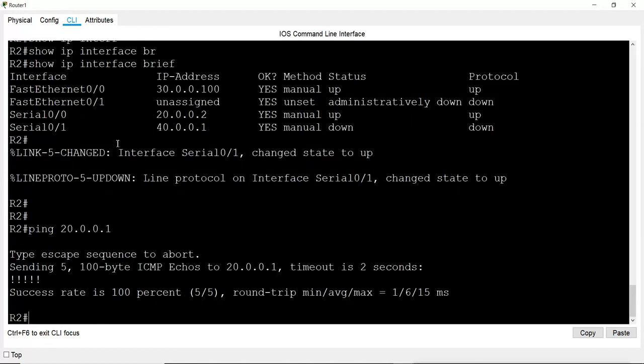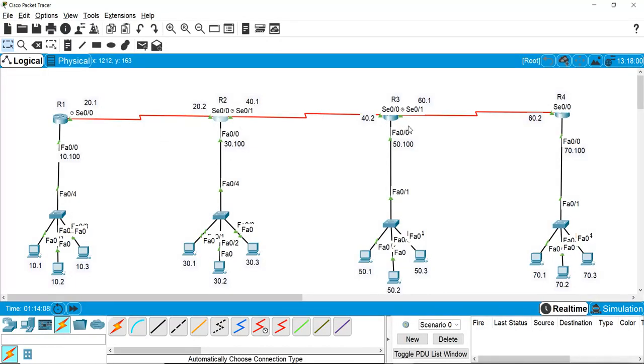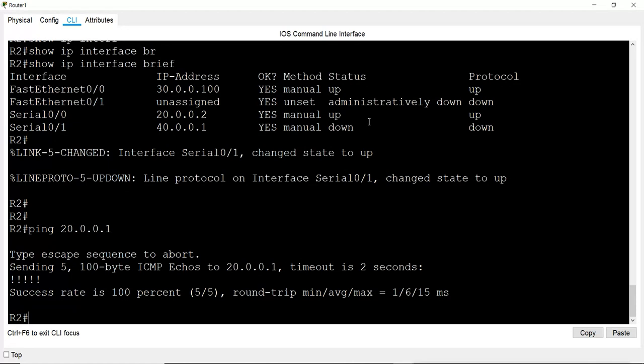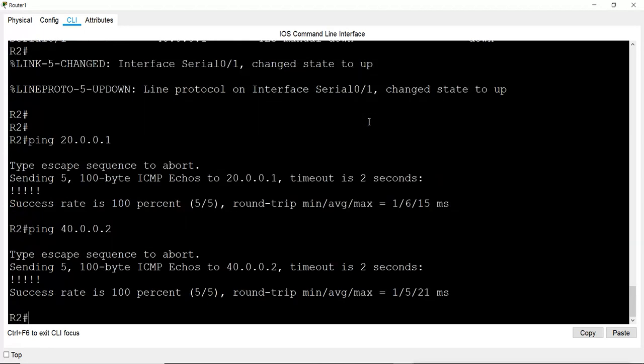Success rate is 100%. It is connected to router 1. Then if you want to ping router 3, it is connected with this serial interface, and the IP for router 3 is 40.0.0.2. So you can check by pinging 40.0.0.2, and it is also connected. So all the routers are connected together.